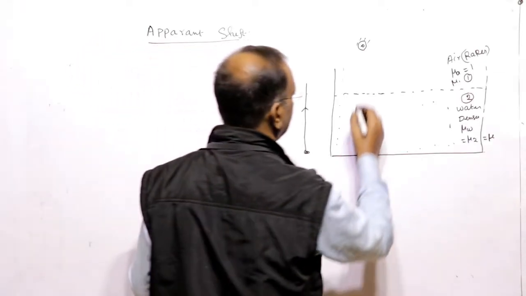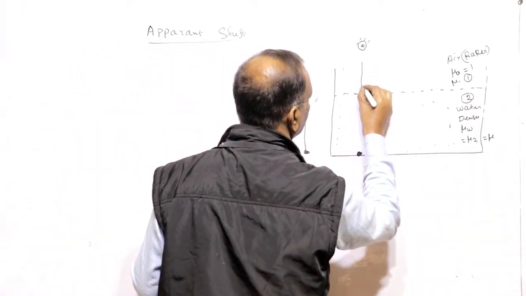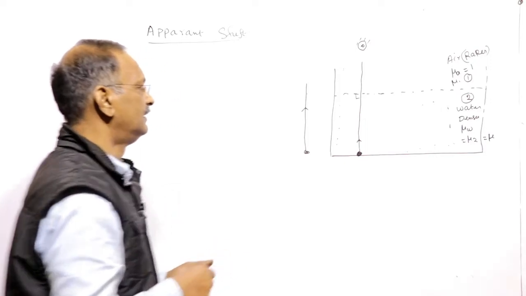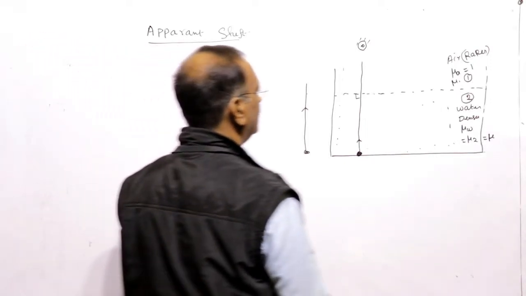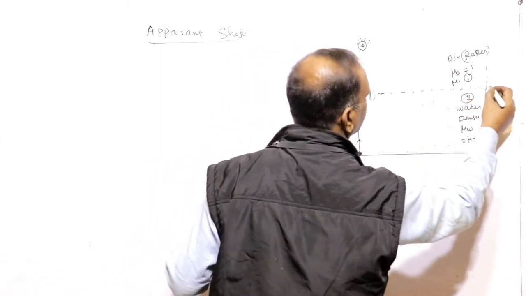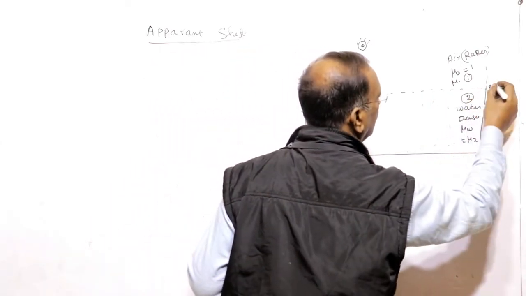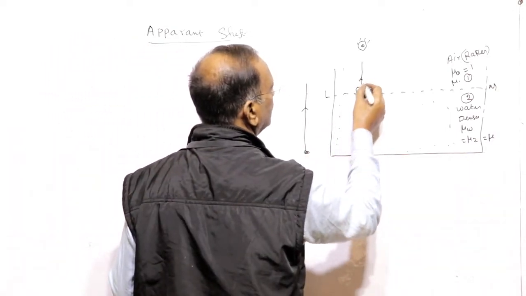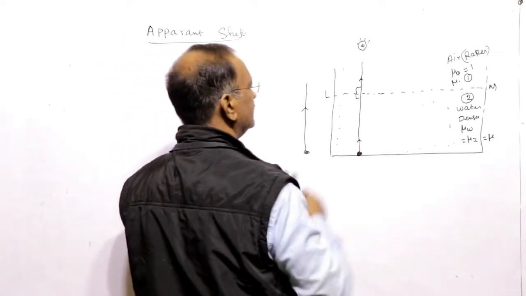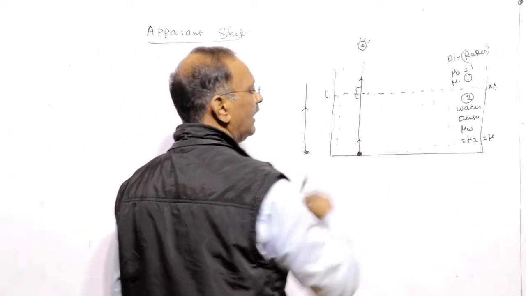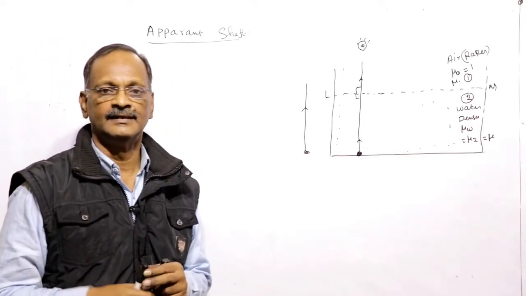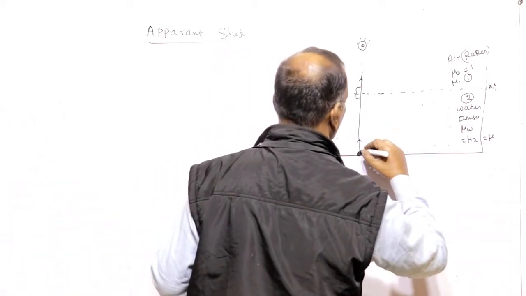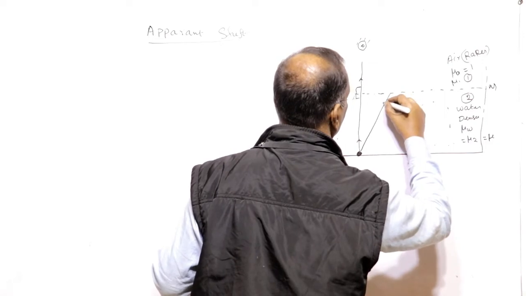Now when an object is kept here, a ray from the coin will reach the eye, which falls normally on the interface. We can call this the interface, LM. So when it is falling normally, it will go undeviated, because this is the normal and this is the incident ray. The angle between the normal and the incident ray is 0, and the angle of refraction also will be 0. Now we take one more ray like this from the object,